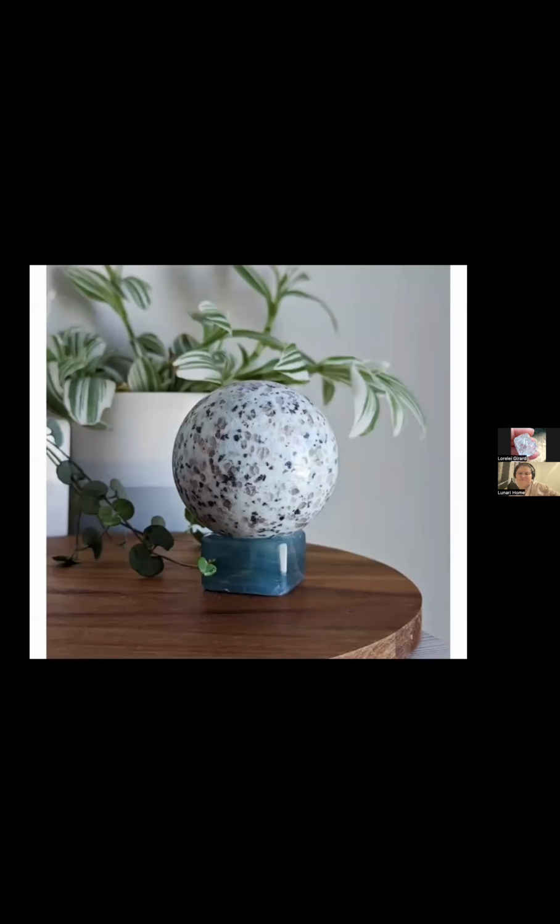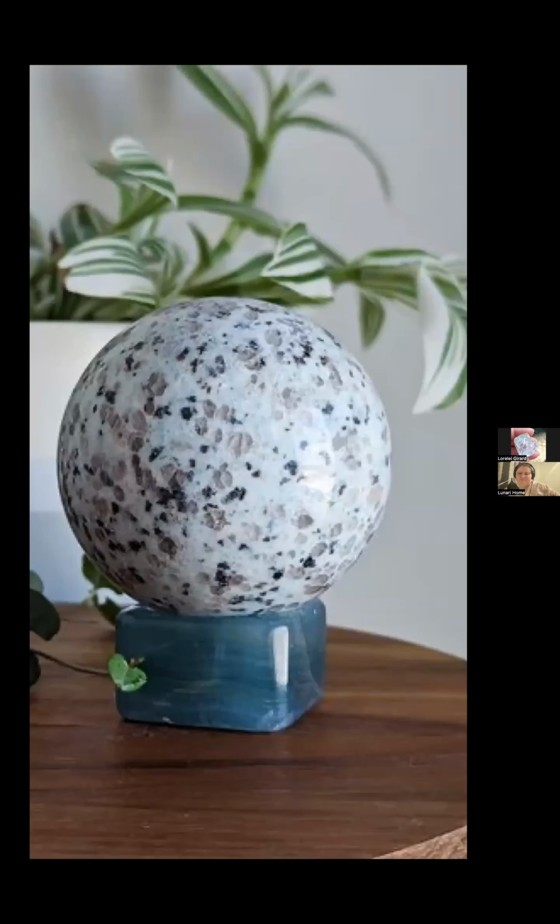It's an interesting one for a jasper. That's also kind of like Dalmatian Jasper. I didn't pick a picture for that one, but it's kind of similar to Kiwi, but not. It's brown with black and beige.